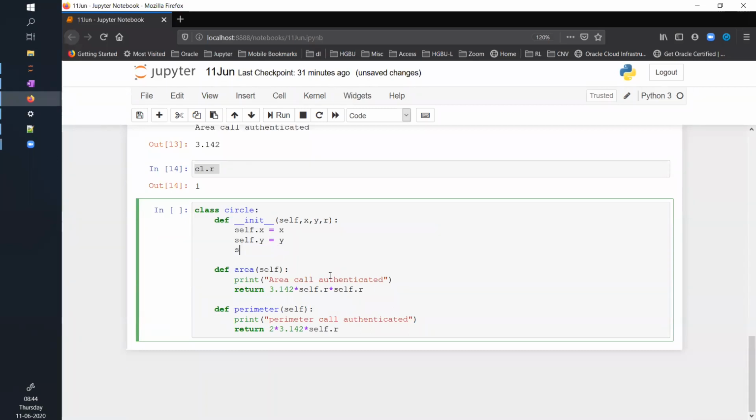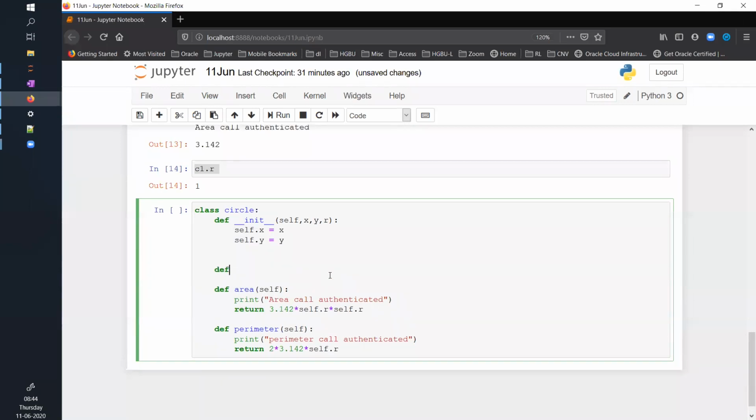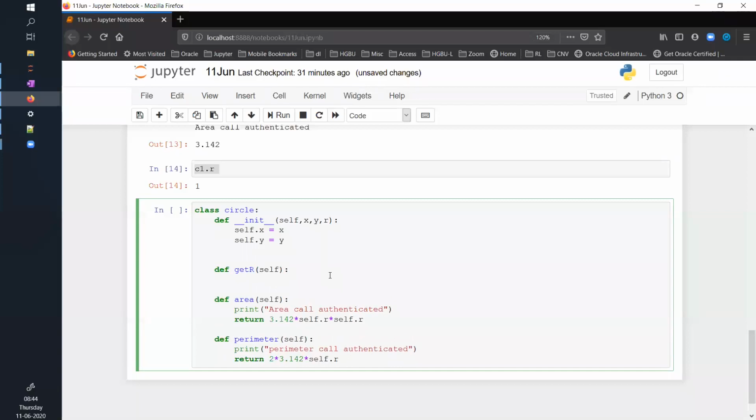I will create one more function, def get_r(self), and simply return self.r.